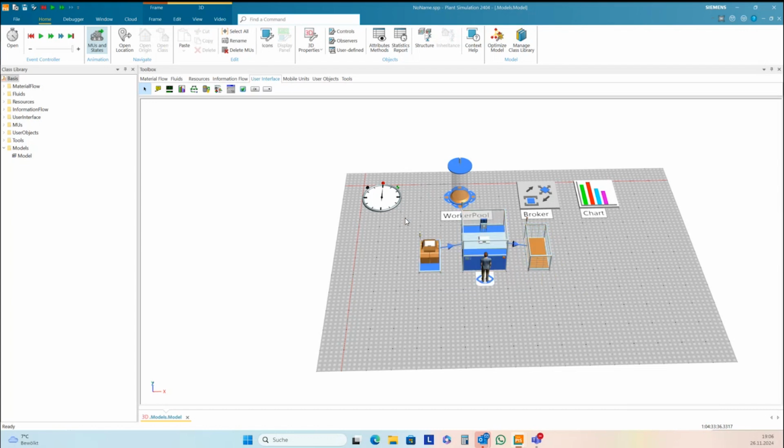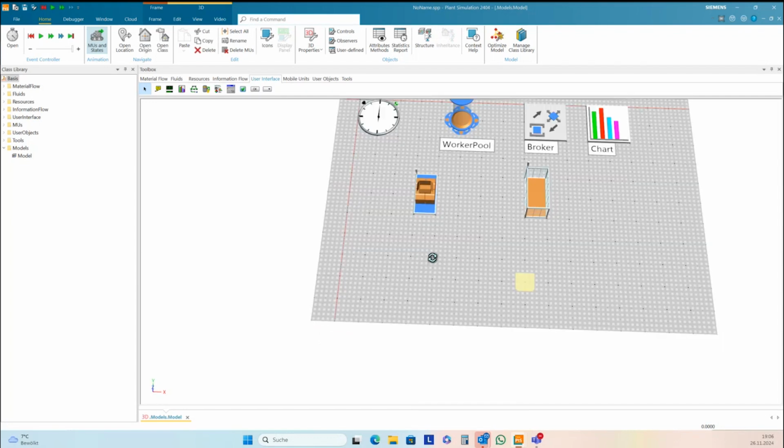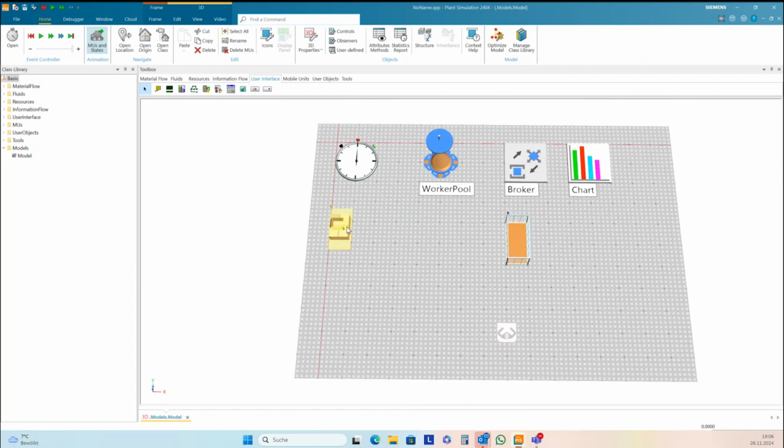Okay, I delete this station with all the settings, and we create a basic model for this. I want to have 3 stations.